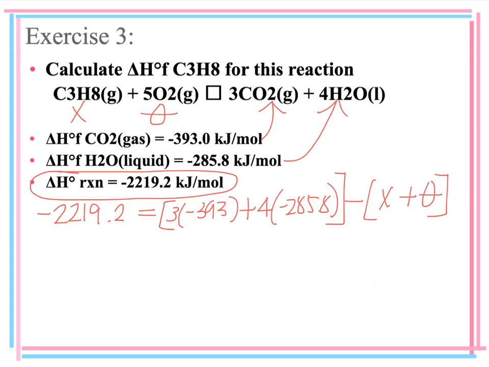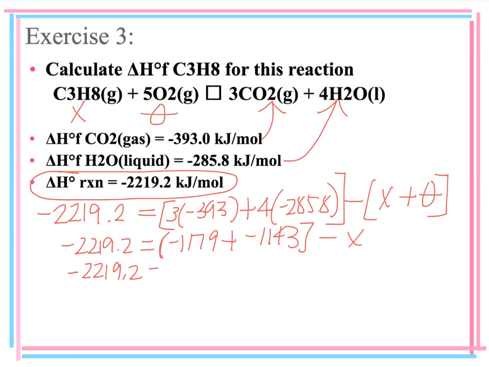So now we start doing that math, and then it's just going to be a matter of solving for X like we learned how to do way back in Algebra 1. So negative 2219.2 is equal to, and then when we add those up, we get a negative 1179 plus a negative 1143 minus X. And then that works out to be negative 2219.2 is equal to a negative